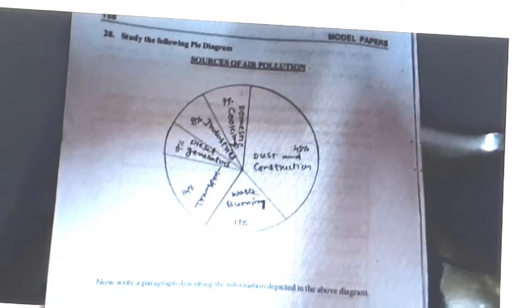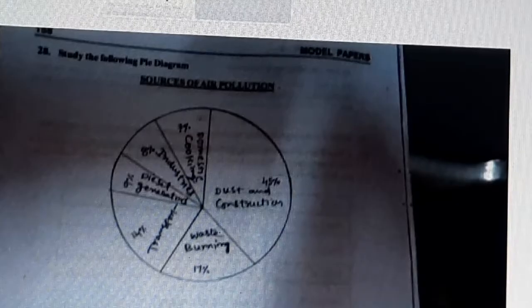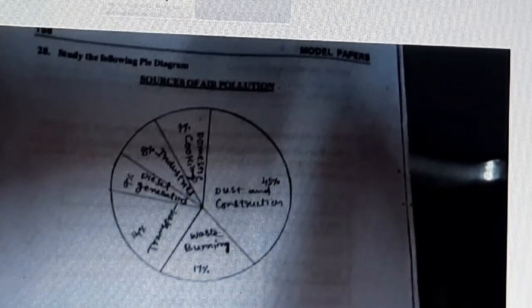Here is one question that is also a pie diagram, but a heading is given. Write that "it is about". If there is no sentence, write "it is about" and then that heading. Write this question. Try to write. I will explain tomorrow. Below the diagram there is a line. Using that, write the first line.